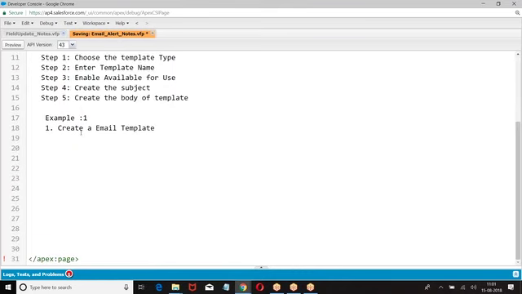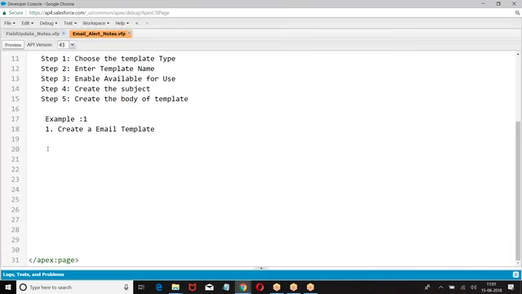Okay. Now go back to this. On the lead object, I want to create a template. So the template should be created on the lead object. So what is the name of the object? How do you create a template?